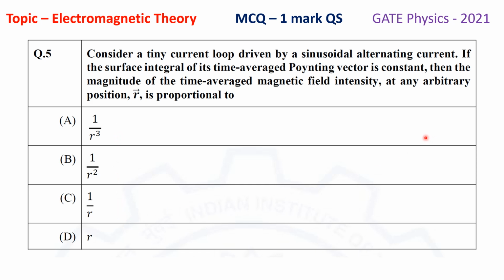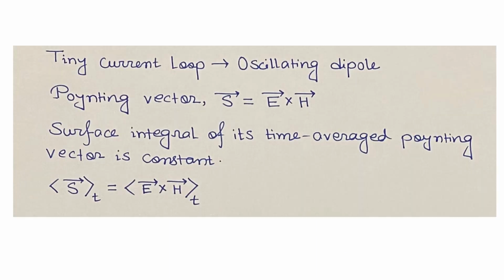Let us see the solution now. We have to consider a tiny current loop. Now a tiny current loop is basically analogous to an oscillating dipole. So we can consider a tiny current loop as an oscillating dipole whose Poynting vector is S vector equals to